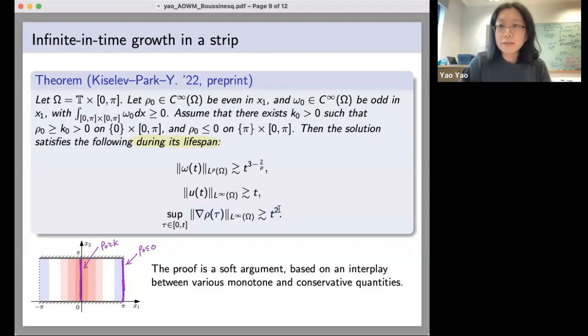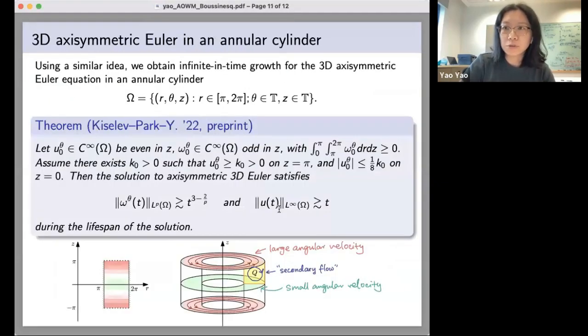Okay, so the proof is a very short argument. It's a short and soft argument. It's based on an interplay between various monotone and conservative quantities, which I am going to skip due to the time constraint. And one last thing that I want to share with you is a result for